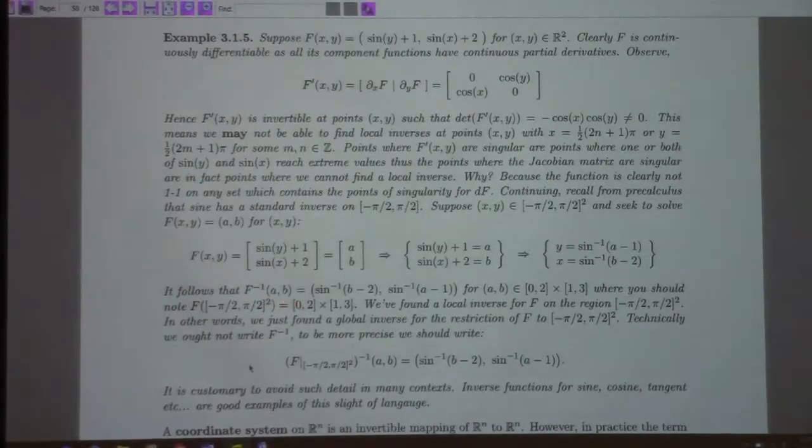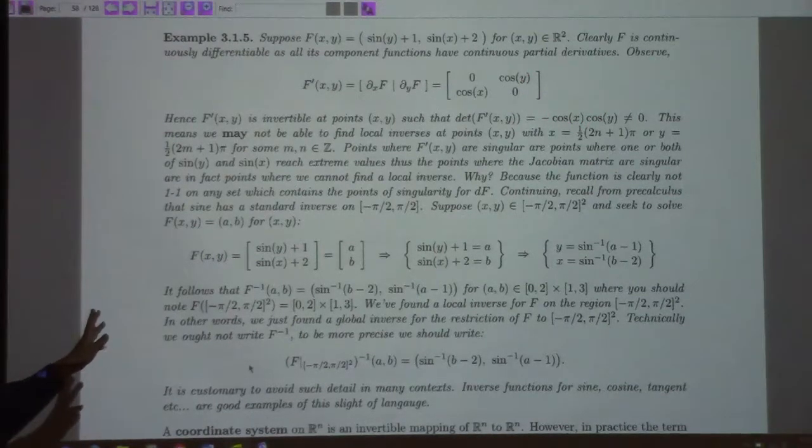And here are some details, which I will get confused on if I try to talk about them right now. This is the same song and dance we just did a minute ago: solve for the variables to find the inverse. Up here is the application of the theorem. You differentiate and get the Jacobian matrix. The Jacobian matrix is this. When is it invertible? We just need the determinant non-zero, which in this case is the product of the cosines of x and